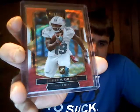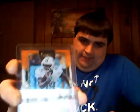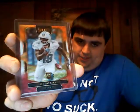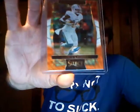Jakeem Grant tricolor. Good first half of the year, sucked the second half. He had the dropsies on the punt returns and stuff. Had like 3 fumbles. I think only lost one of them, but he fumbled like 3 or 4 of them. And then tricolor Jarvis Landry,